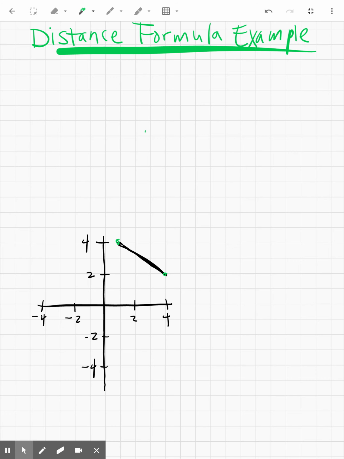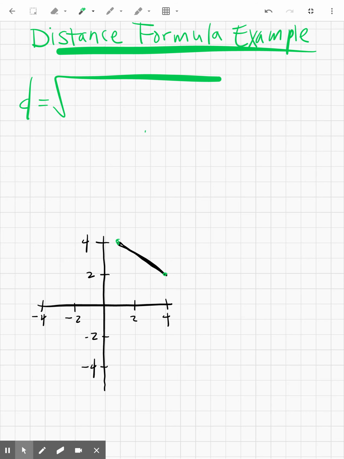Okay, here we're going to do a quick example of the distance formula. So essentially with distance formula, we are going to be finding the distance or the length between two different things. And in this case, we're looking at a coordinate graph. As a reminder, the distance formula says that the distance of a given line, and it does not have to be a diagonal line, it could be a vertical or horizontal line,